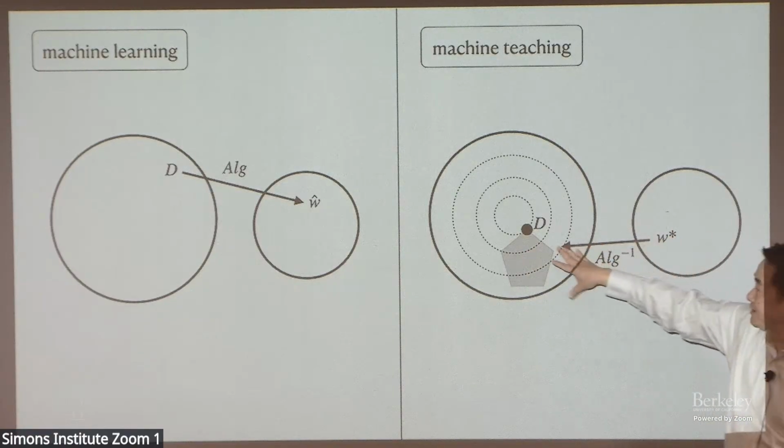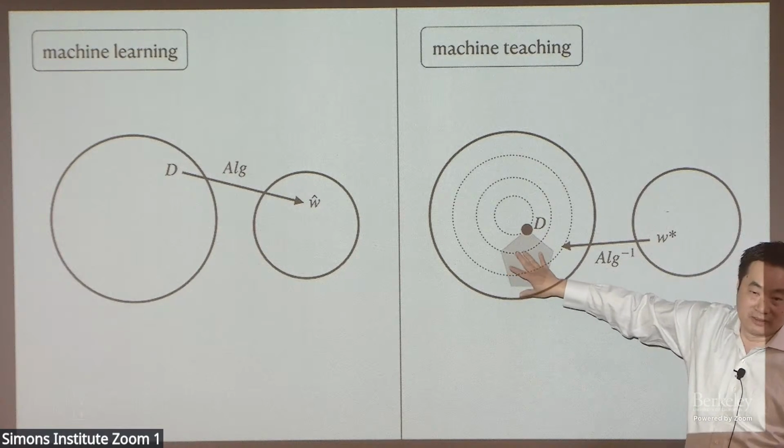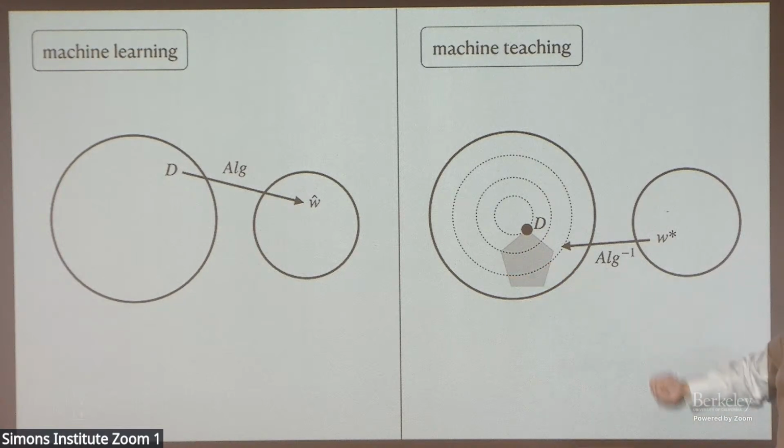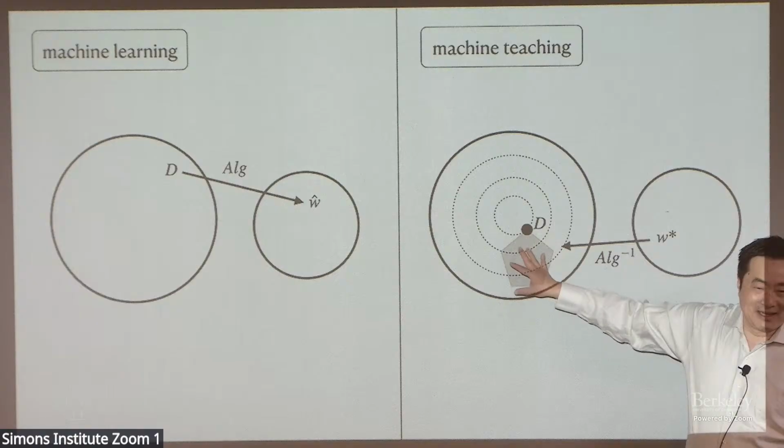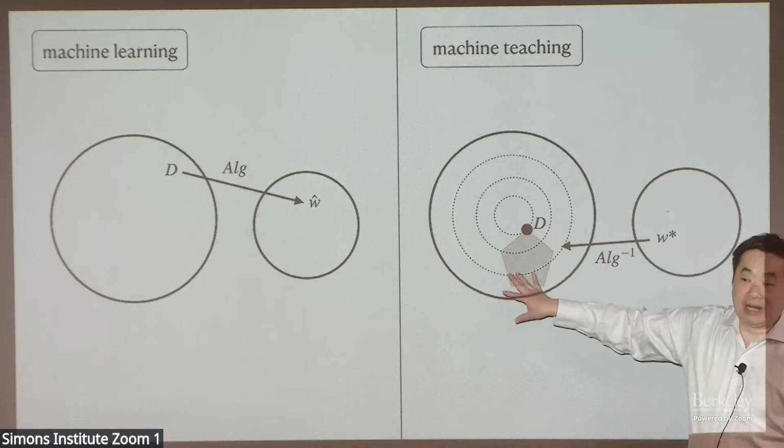This is the inverse image of that algorithm. Pardon? It might not exist. A very, very good point. In general, you cannot hope to hit this exactly, and you can relax it with various distance notions. Excellent point. But assuming it exists,